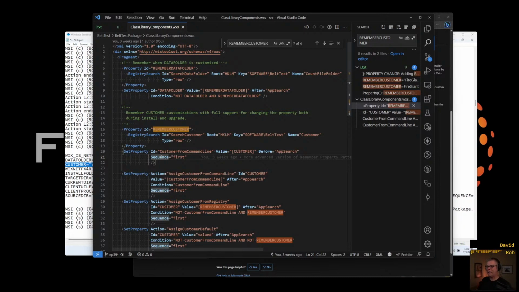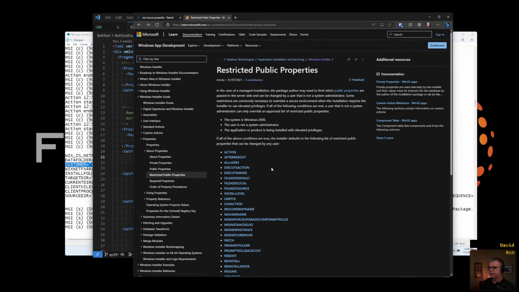Yep. And I want to show it to you. I will show it to you. And that's why Paul is absolutely 100% correct. We are going to be doing this once I get a normal user system put together, because I want to show you how that happens. And now that I know that the Windows installer doesn't do this behavior all the time as a system admin, actually, the documentation says that we're going to have to break out a VM and another user and everything to verify that